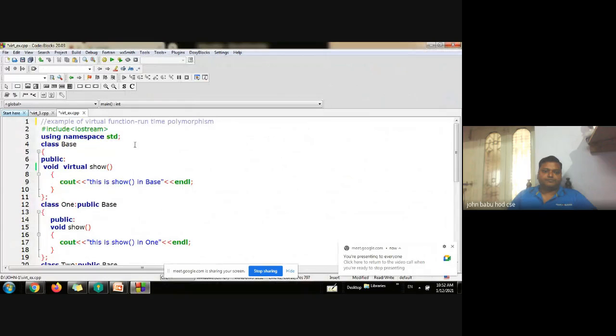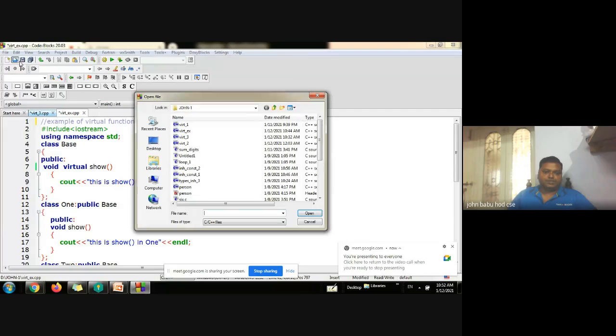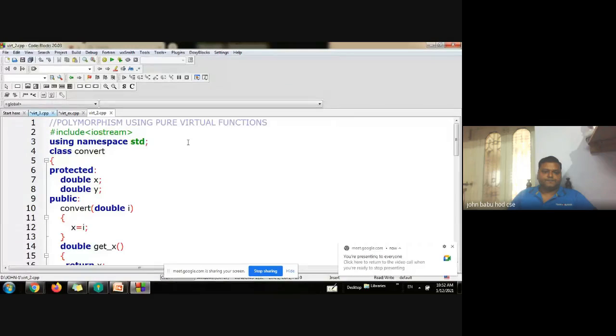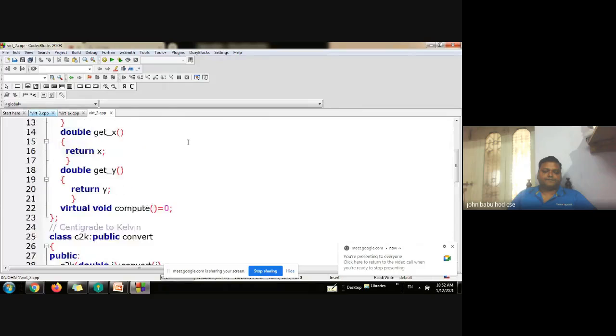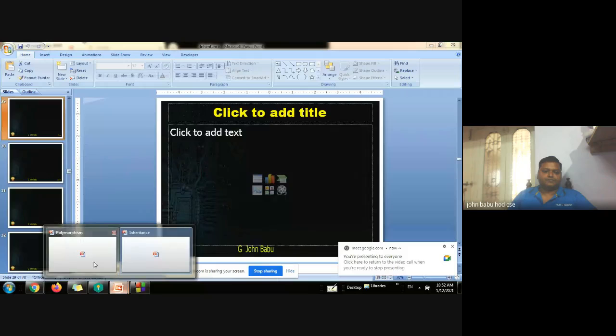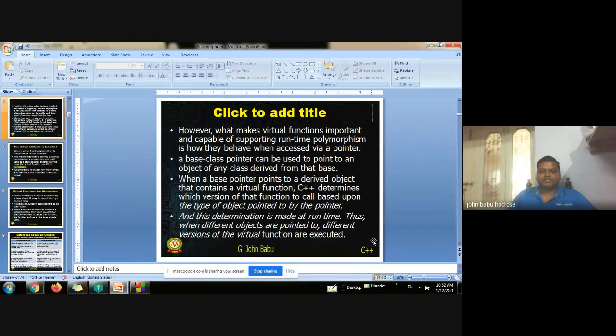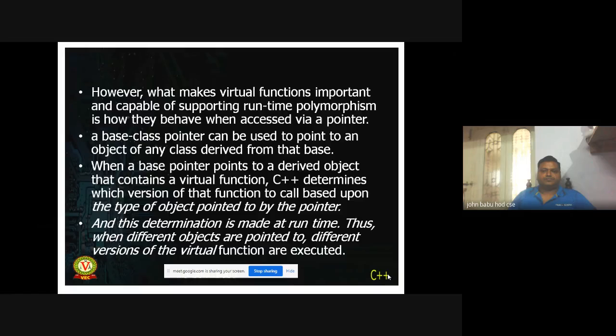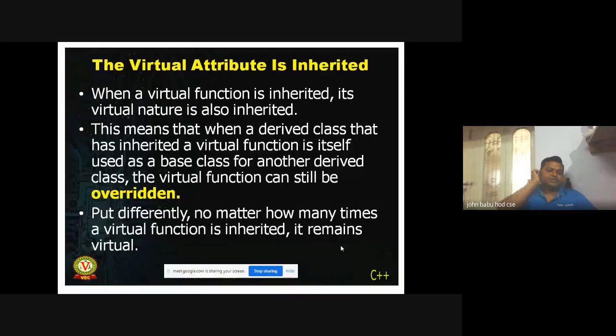So what we can do further with this example of the next concept is, note down some aspects of virtual functions. Virtual attribute is inherited. So when a virtual function is inherited, its virtual nature is also inherited. That means, for example, here,